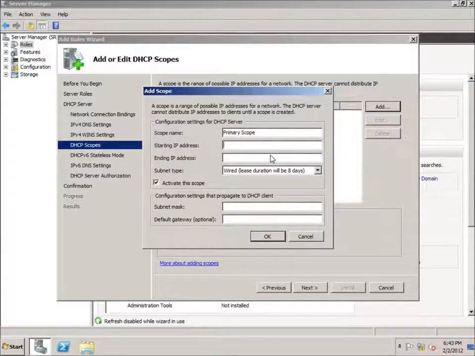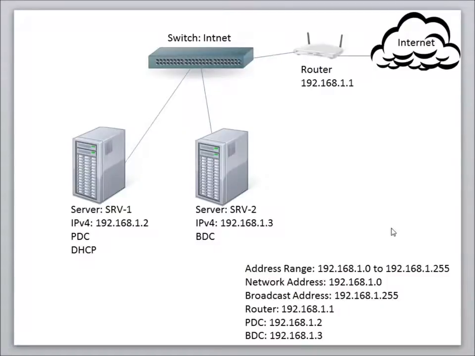The starting IP address is going to be the first address that's going to be available to hand out to clients who ask for them. By looking at my topology again, I've added some different address ranges. Now we're using for this lesson a Class C address, and basically the range that we have here for what we've chosen is 192.168.1.0 all the way to